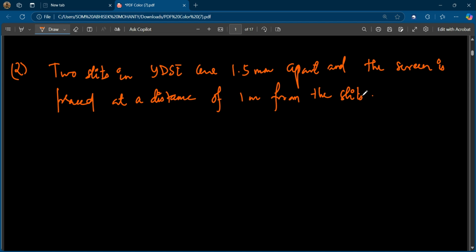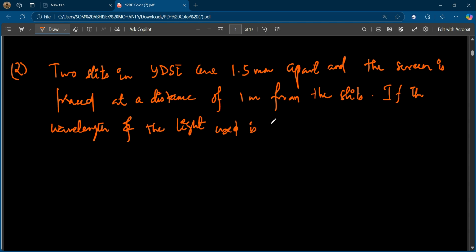So, if the wavelength of the light used is 600 nanometer, then the